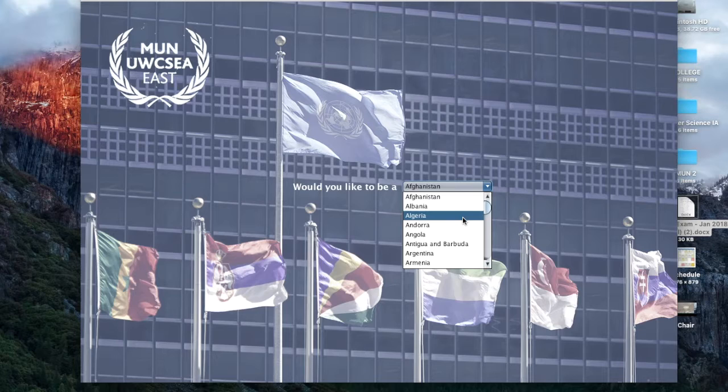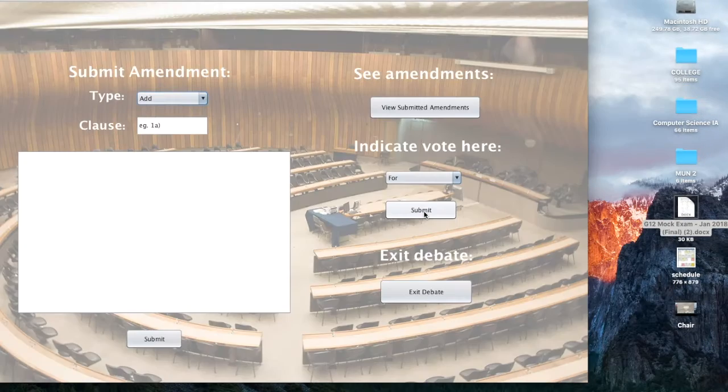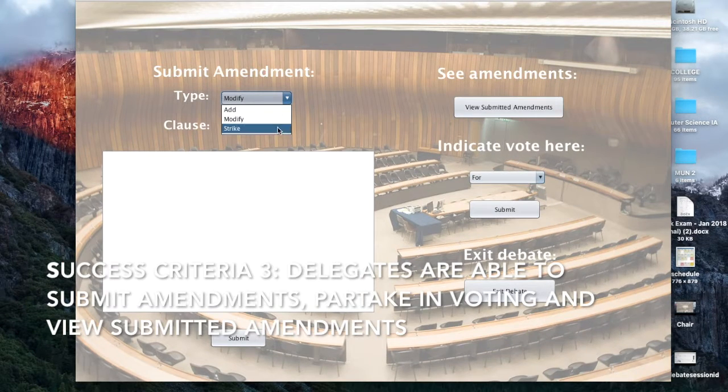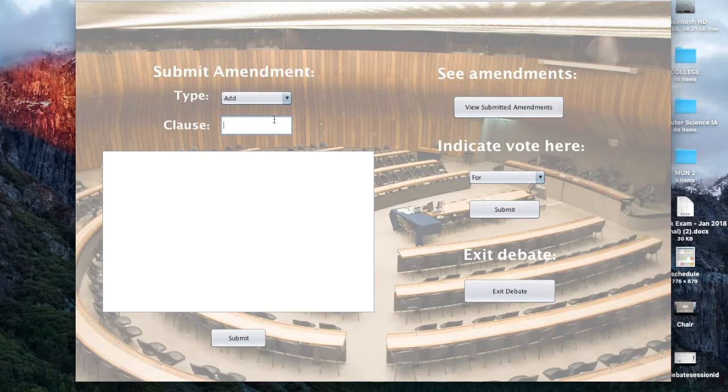the relevant fields. On the other hand, as a delegate, once I press submit on the role selection form, I am immediately taken to the main delegate interface. This fulfills success criteria 3, which states that as a delegate, I am able to submit amendments, partake in voting, and view submitted amendments. For example, if I'd like to submit an amendment, I first select an amendment type between